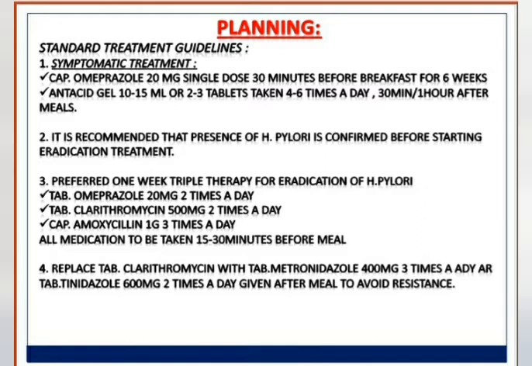So P indicates the planning. That means what is the standard therapy that is preferred for such a patient, what non-pharmacological or pharmacological therapies can be given to this patient. So all these things you have to plan, you have to make goals, you have to plan what can be done to treat this patient with so many complications or with past medication history. You have to balance it all, and proper planning should be done. So the standard treatment guidelines I have written, so this can be followed for this patient. And next is choosing the drug which is more preferable for this patient, and how many times a day it can be given. All should be planned properly in this planning stage.